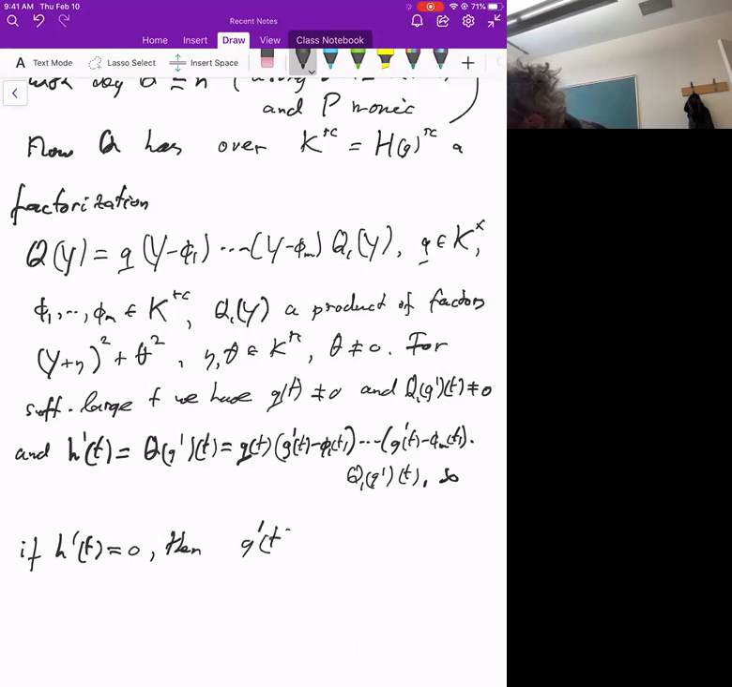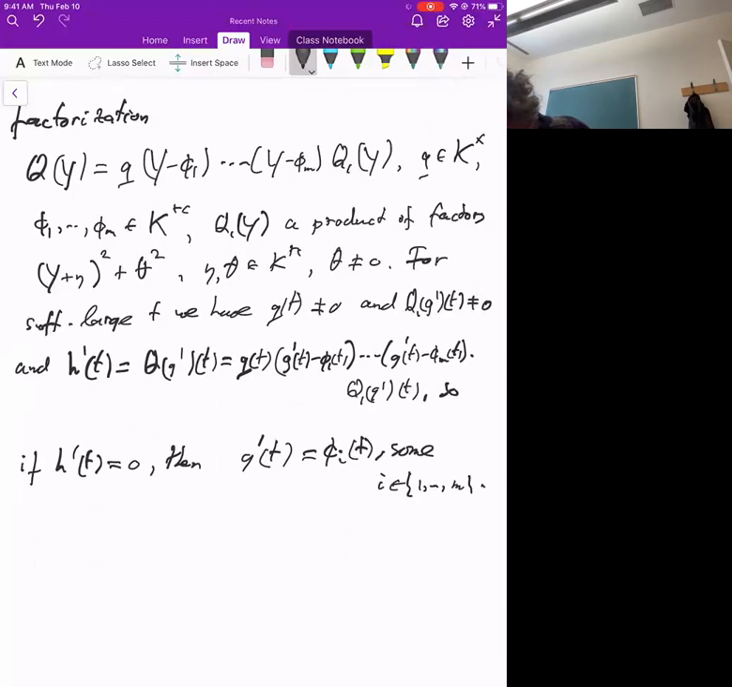g prime t equals phi_i of t for some i, 1 up to m. Right, but since h prime is oscillating, there will be one i for which this happens for arbitrarily large t. So we have a single i in 1 up to m,